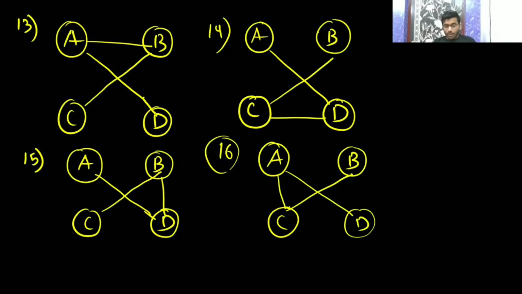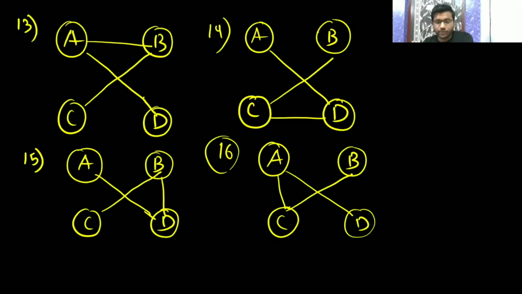So a spanning tree is a tree with the minimum number of edges, meaning n minus 1 edges, so that you can connect all the vertices. Means you can have a path from all the vertices, like from A you have a path to C, from B to C to A, or from B you can go to D. So please let me know whether it is clear or not. Like this you can have many spanning trees for a given graph. Okay, so this way we can get spanning trees.